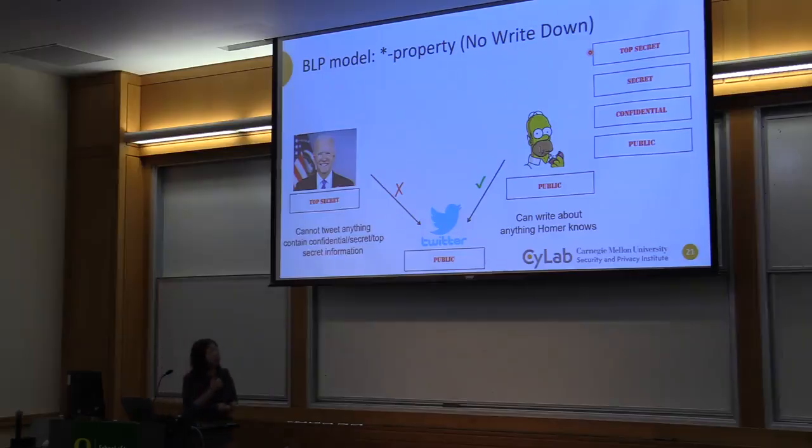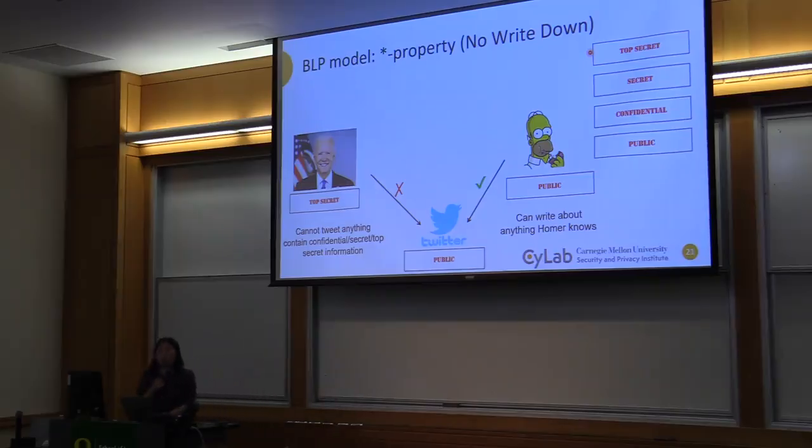However, if you're a president that tweets something, this shouldn't be allowed, right? So that's why the picture has been Obama or Biden. Because the student will say, hey, but the president actually tweeted stuff. But that's actually the same thing. It doesn't matter which one. This will write down policy. So any question about this? This is intuitive, right? If you write to a wider audience, you are leaking information, right? Writing to a wider audience means you're writing down the label.